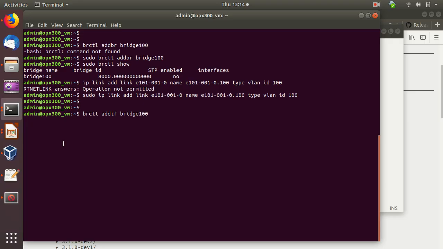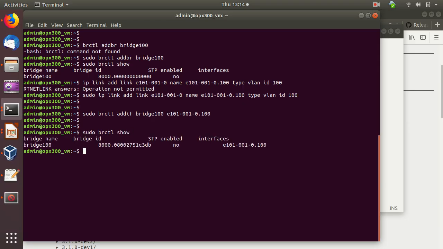It is the new tag interface name which we created, E101-001-0.100, sudo. Now if I do a bridge CTL show, you can see that the bridge 100 got the new interface called